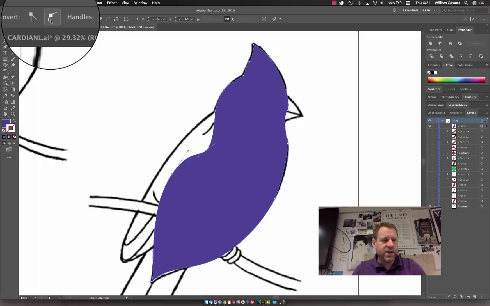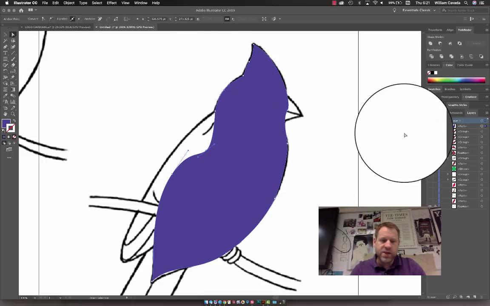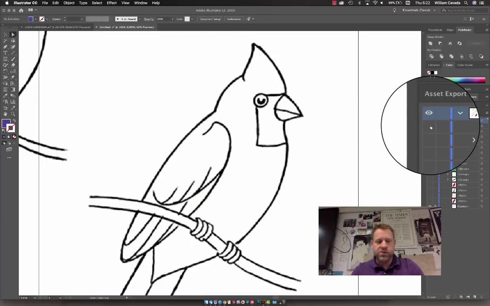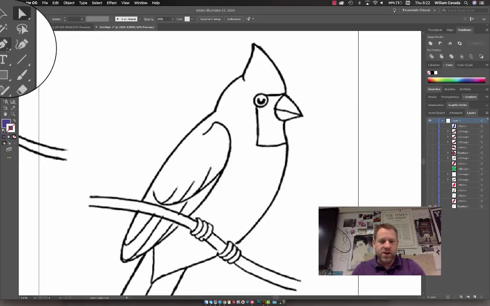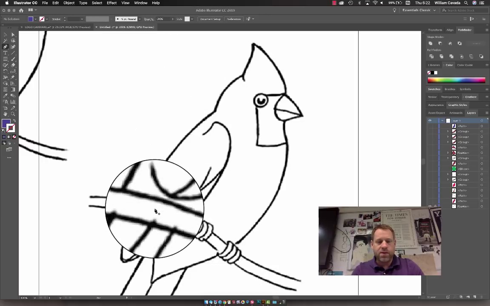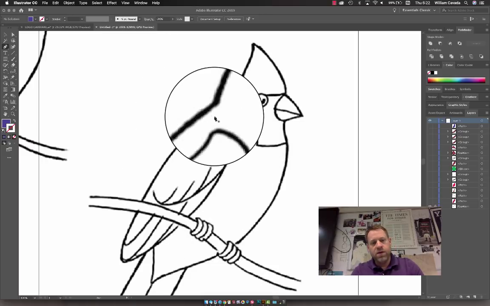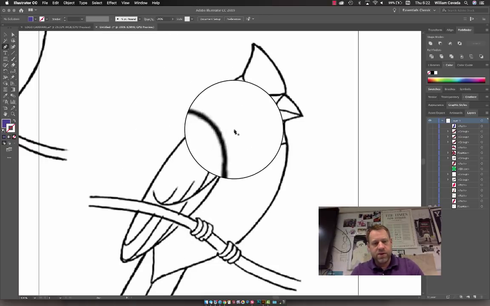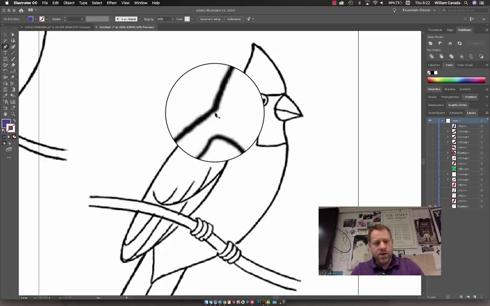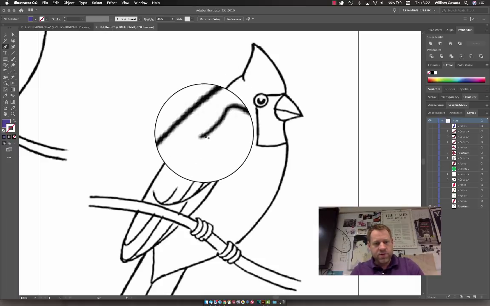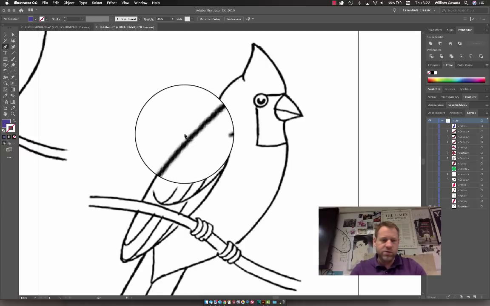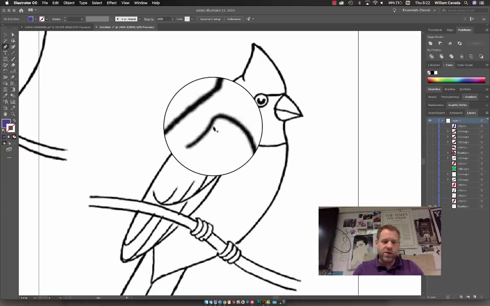Next, we're going to do the wing. Go and get your pen tool by clicking on P. And we're doing the outside of our wing. So I'm going to start right here. Because I don't see that line, I'm going to make sure that my stroke, as you can see right